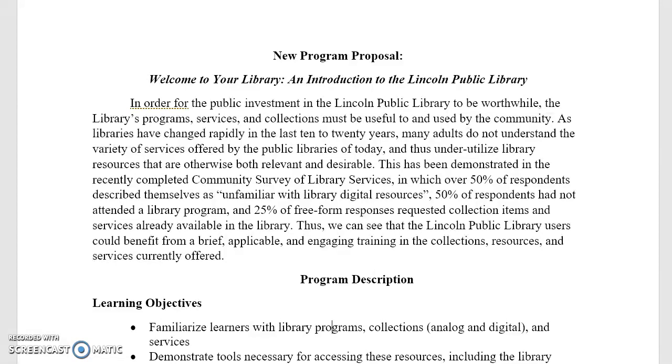And the impetus behind this piece of instruction is some information that we got from our recently completed community survey of library services, in which we saw that a lot of people gave us feedback requesting things that we already offer. And of course, what we offer isn't useful if people don't know that we have it or how to